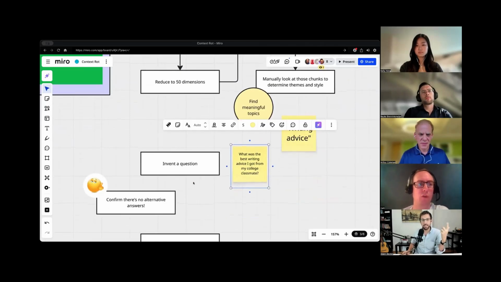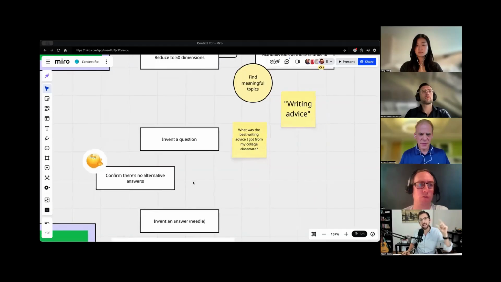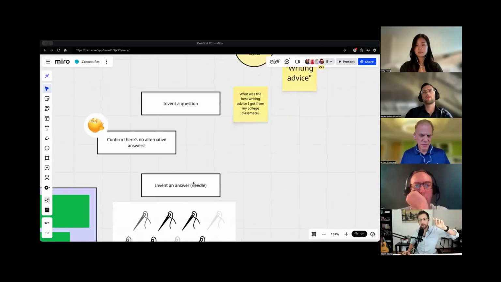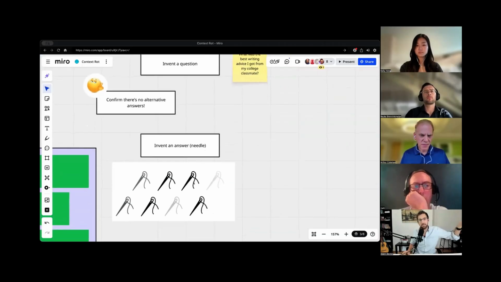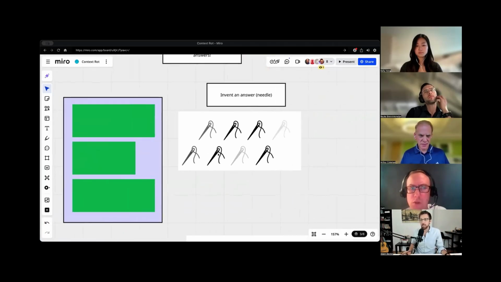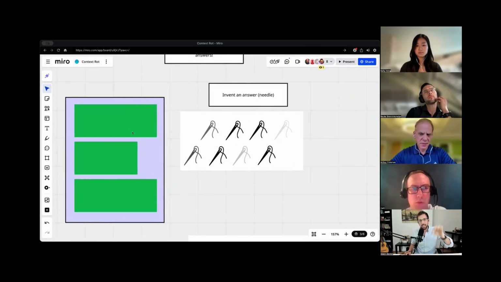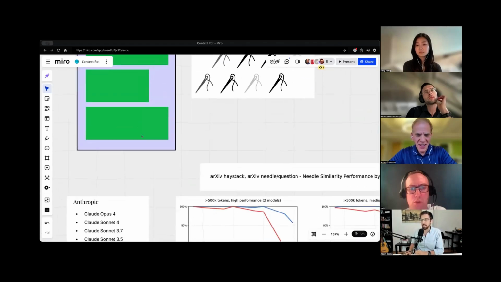Let's invent an answer. So we can invent one answer and make sure that answer isn't actually already in the haystack. We could do that, or we could do it a bunch of times. Let's come up with 8 different answers, so 8 different needles. Each of those is a little bit further away from that question. How do we know it's further away? The cosine similarity is a little bit lower. So now we take each of those and we're going to bury them into the haystack. And we need to see whether the LLM is able to pick it up, even if we have a very large haystack. So that's basically the experiment.